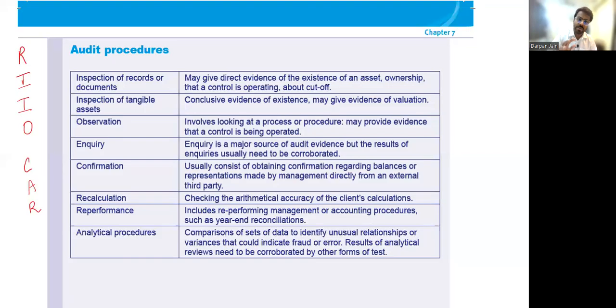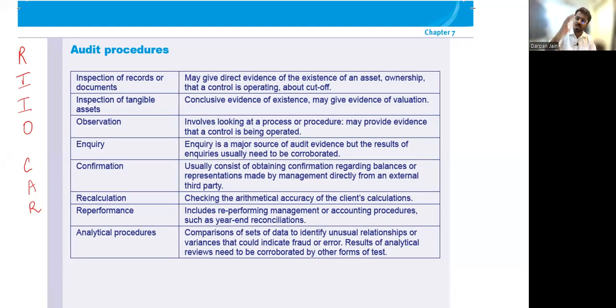Okay, we are back from the break. Before the break, what did we discuss? We discussed audit procedures. We discussed what substantive procedures you use in order to collect evidence about the misstatements in the financial statements, to see whether there are any misstatements. I'm again revising, because this is very, very important. You cannot forget them. These procedures are going to be used in your procedures chapter also. So you have to remember, there's no other choice.